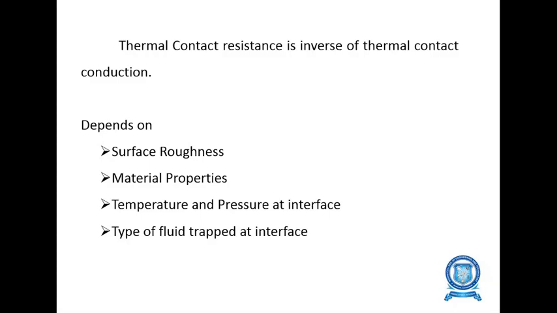If the surface roughness is high, the gap at the interface is also high. If the material surface is smooth while making the composite wall, the gap between the mating areas will be less. Therefore, the surface roughness directly influences the thermal contact resistance. If the surface is too rough or coarse, the gap between the two layers is high. Therefore, there will be more gap in the interface.